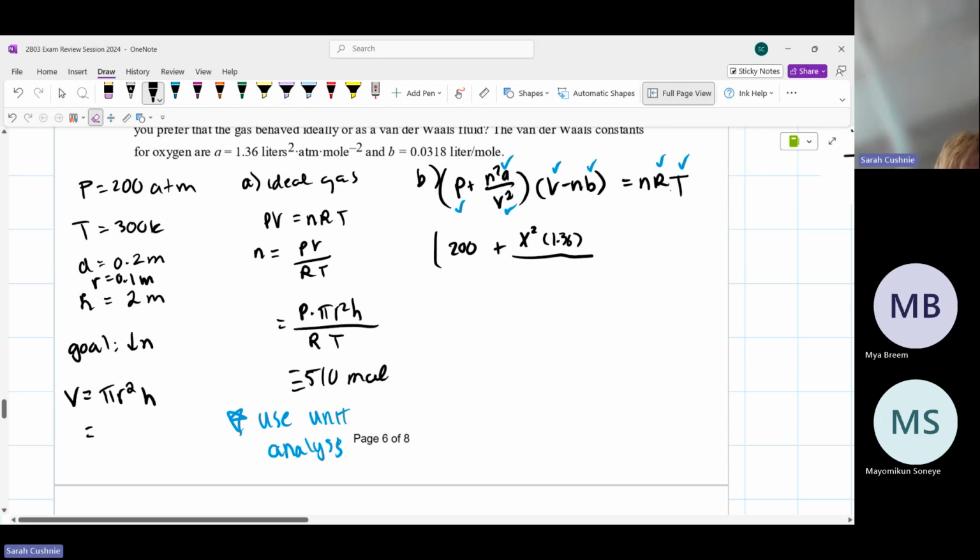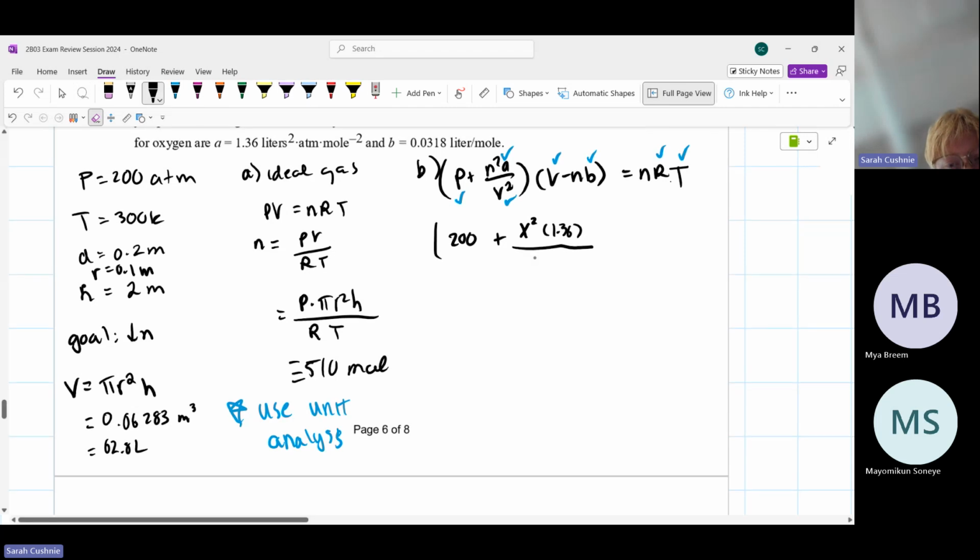Pi times 0.1 squared times 2 is equal to 0.06283 meters cubed, which is equal to 62.8 liters. So we're going to put in 62.8 liters, all times 62.8 liters. I don't need the units here. 62.8 liters minus x times our b value, which was